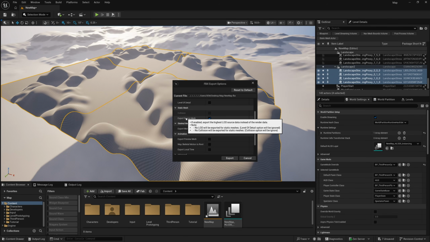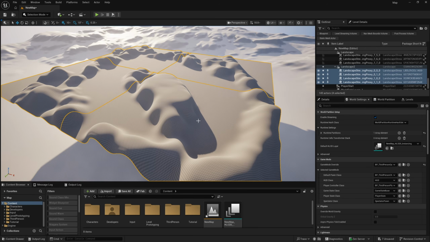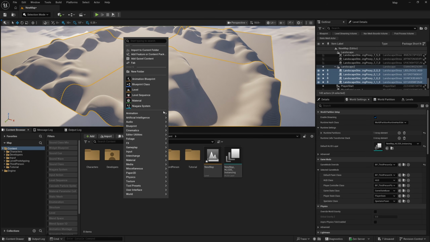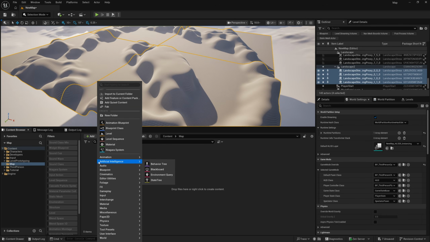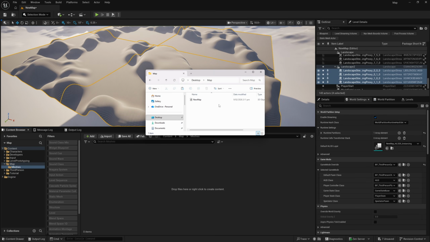It says something here about exporting the highest LOD source data instead of the render data. So I do think it's a good idea to have this one checked, but it can be FBX 2013 and have everything else pretty much unchecked and hit export. And then we are going to re-import those. So let's just create a new folder here and call it map. I'm going to open this up and create a new folder in here called meshes. And in meshes, I'm just going to navigate to the folder where I exported that FBX and just drag this